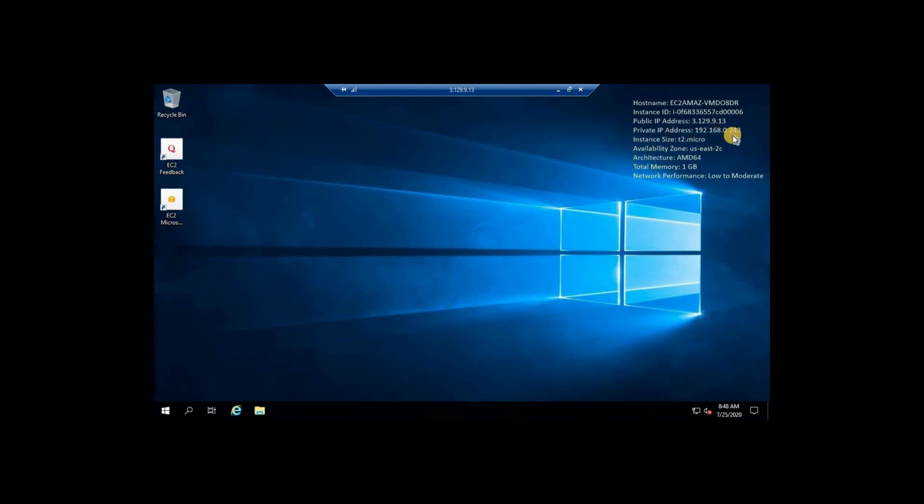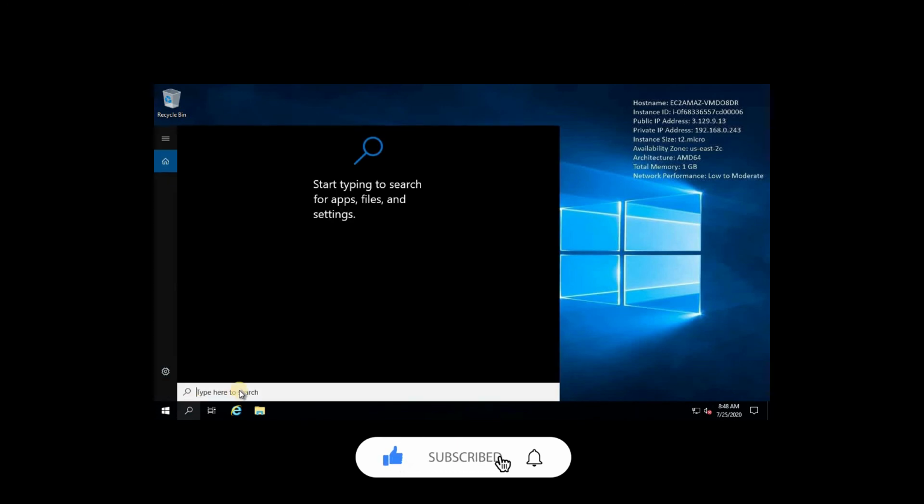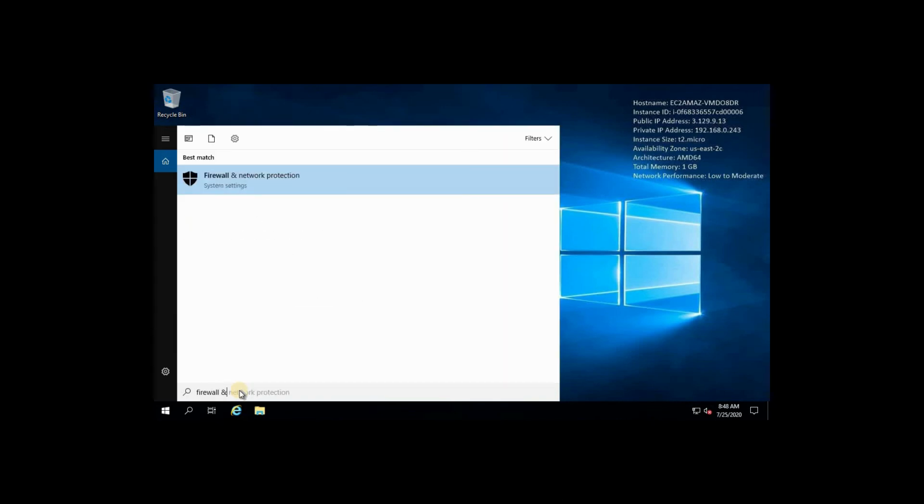So we are in our Ohio region. Type firewall and network protection. So we need to disable the firewall. Select this one.